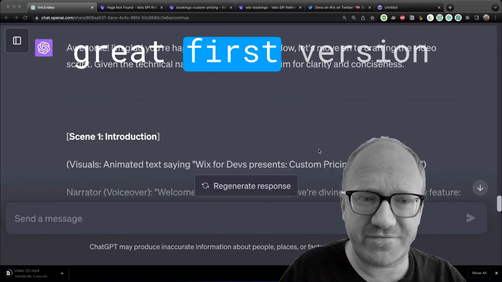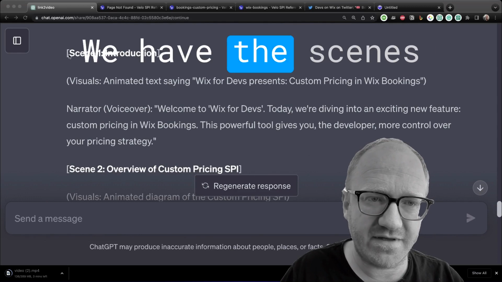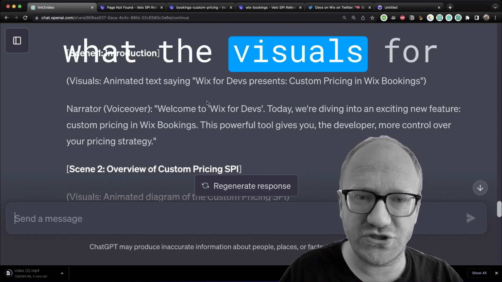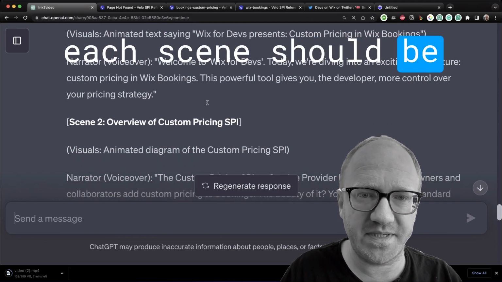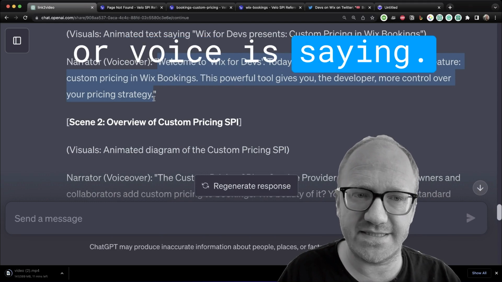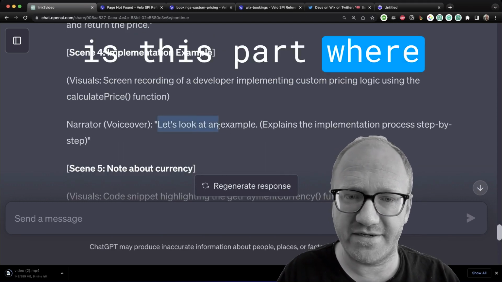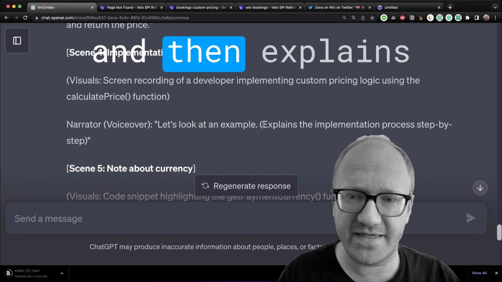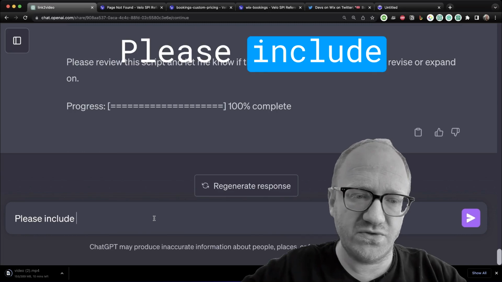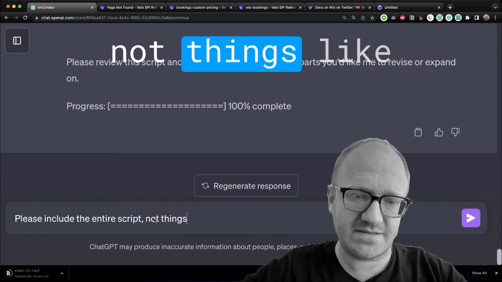Now we've got this great first version of our script, and this is super cool. We have the scenes labeled, including what the visuals for each scene should be and what the narrator or voice is saying. Okay, what I don't like is this part where it says, let's look at an example, and then explains the implementation process step by step. Please include the entire script, not things like,